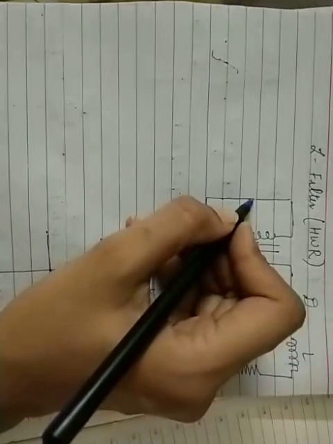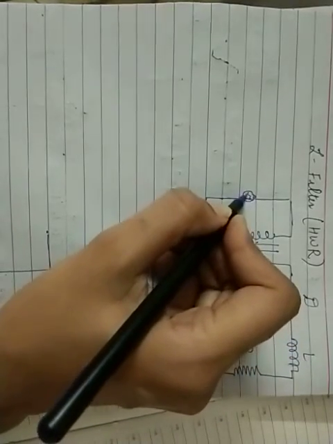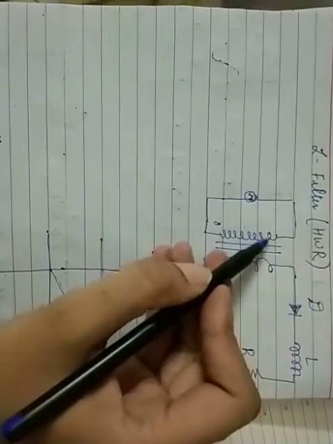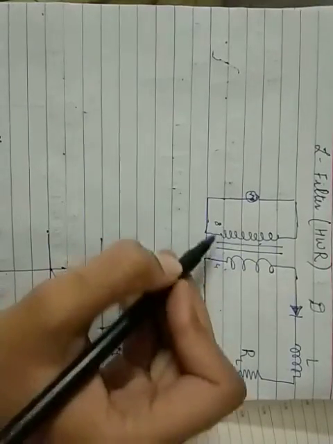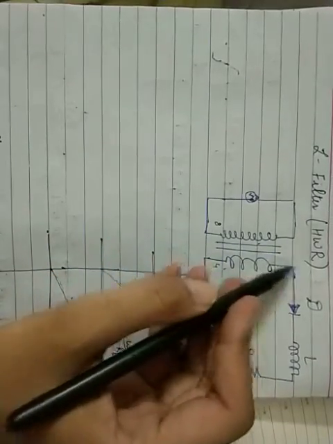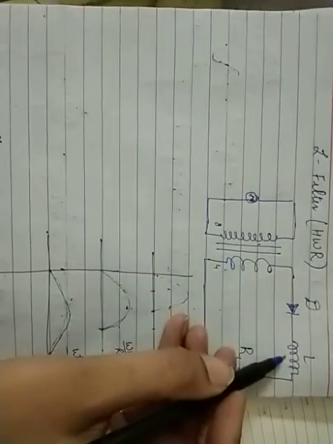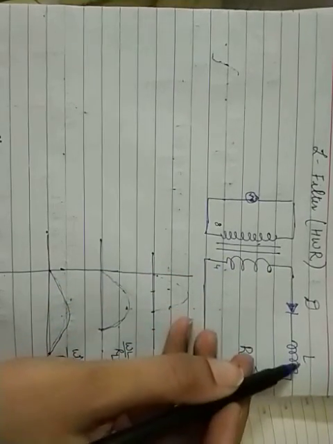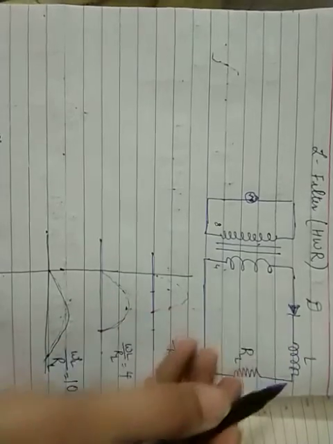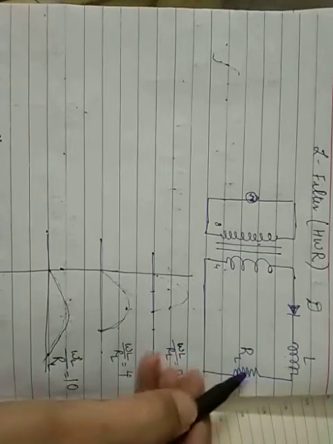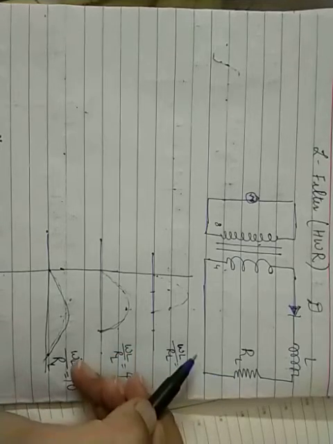As you can see, the AC signal is feeding through this, and here we have used a step down transformer as we do in case of a rectifier, but the only addition is a series inductor that has been connected in series with the diode, and of course it is also in series with the load resistance.